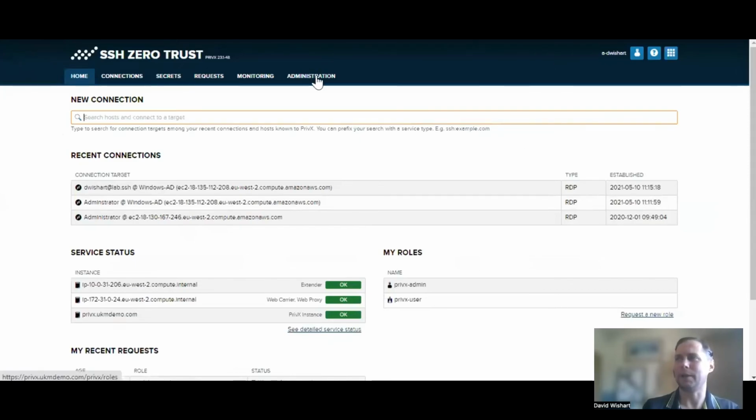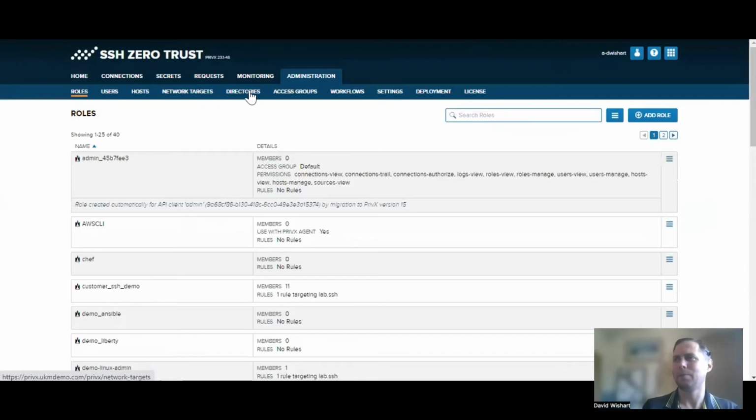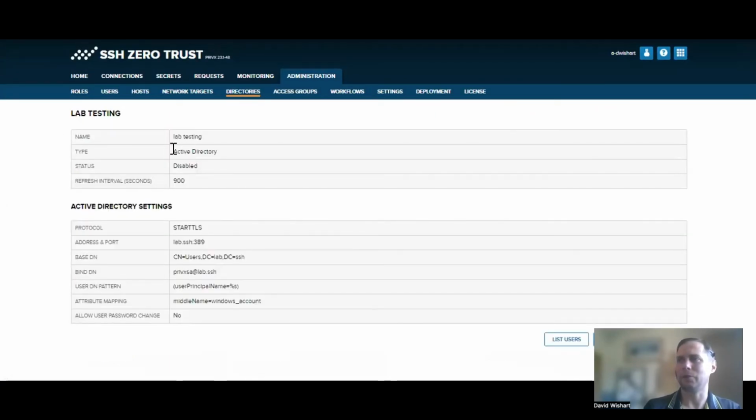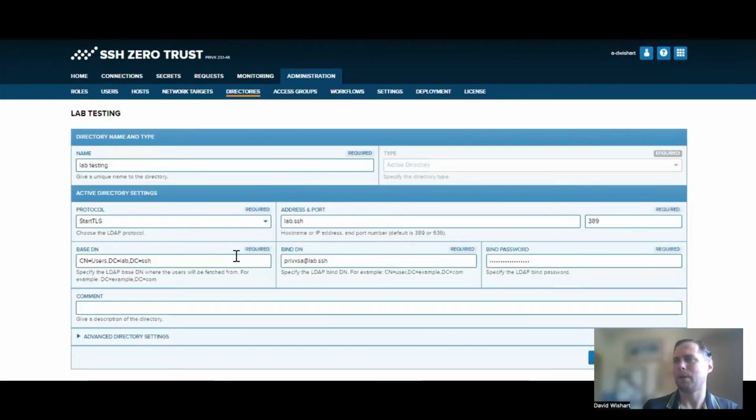So what we can see here is where you typically start: the user directories and host directories that you configure. I will start with a user directory. We can see that this PrivX system is configured to see all the users for an Active Directory system, and we just basically provide the address and port, and also the bind DN.